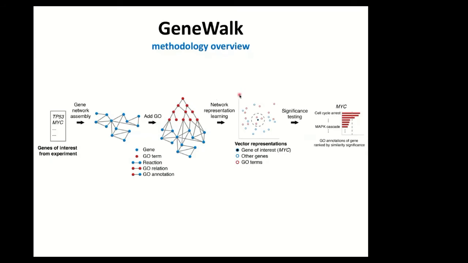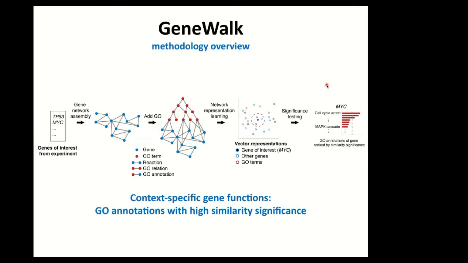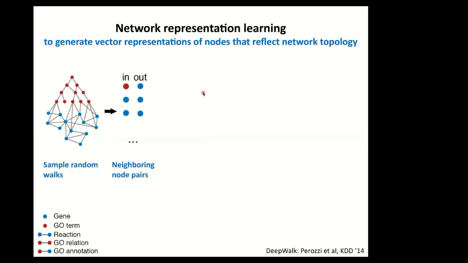Then we perform network representation learning to convert each node in the network to vectors, so that we can do significance testing for a particular gene of interest like MYC. It can then calculate the cosine similarity and rank each GO term according to their relevance. So the context-specific gene functions are the GO annotations with high similarity significance. Due to time, I don't have time to go into this aspect, but let me talk a little bit more about the network